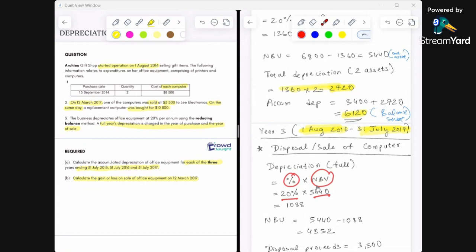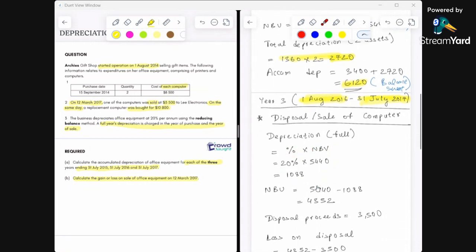All right, and that gives us a full depreciation of 1,088 for this computer which we have sold. Okay, and we also want to find the net book value after this full depreciation has been adjusted for, which is simply the net book value we had at end of year 2 or at 31 July 2016, which is 5,440 minus the new depreciation expense of 1,088, which we have just calculated, and that gives us 4,352 as the